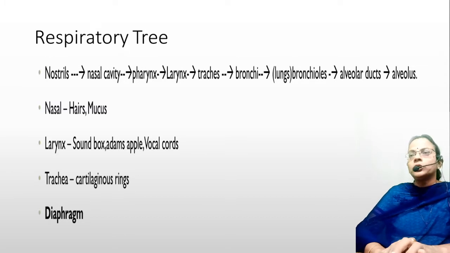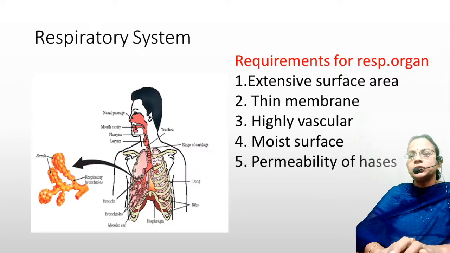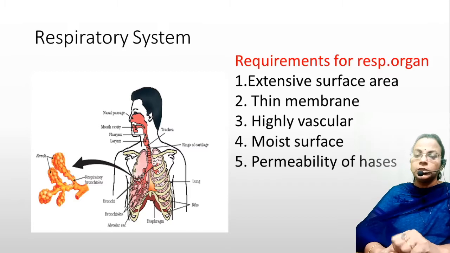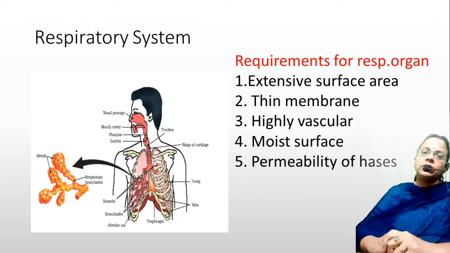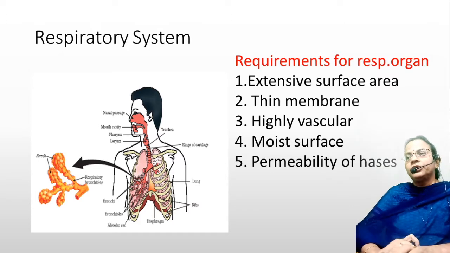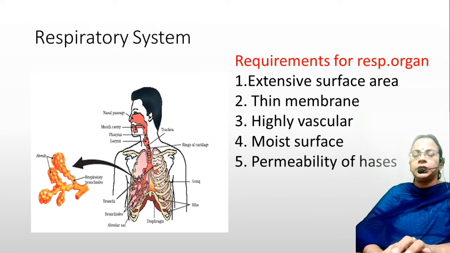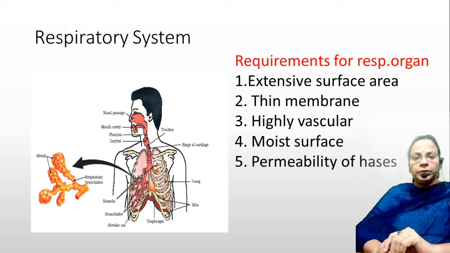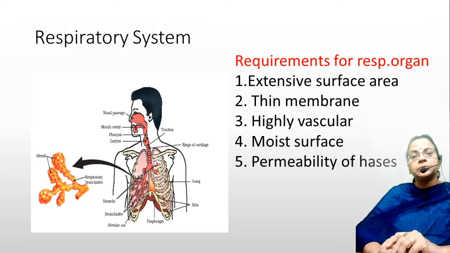Now there is one more structure, a dome-shaped muscular wall, called the diaphragm. The role of the diaphragm: the contraction of the diaphragm muscles helps in inhalation as well as exhalation. Here the figure of the alveolus is also given. Then we will move on to how the respiratory process takes place. The respiratory process, we are saying, is breathing.